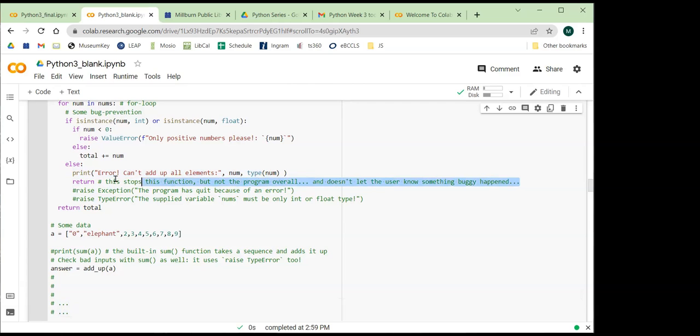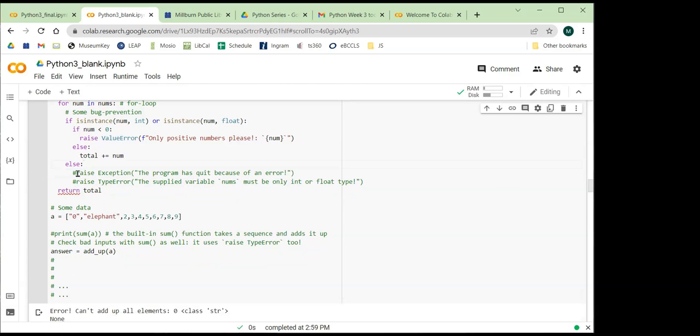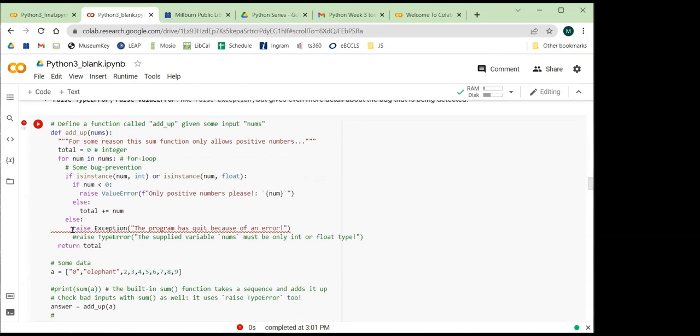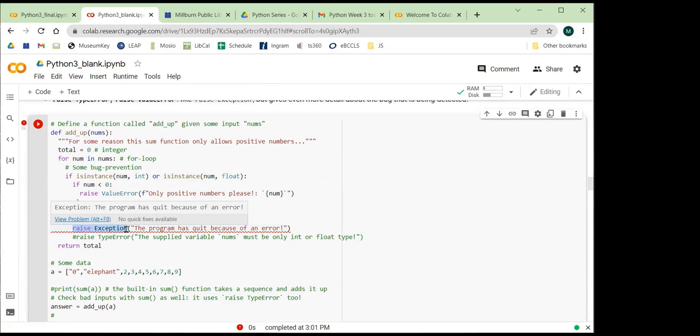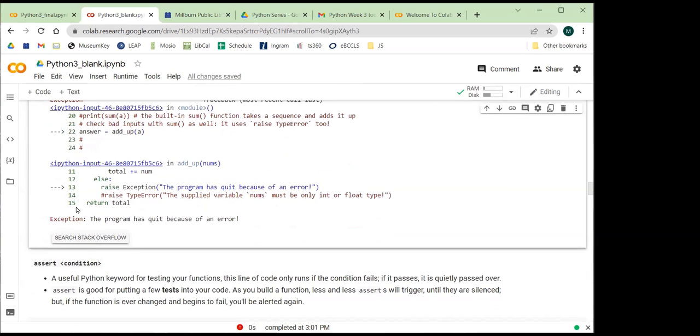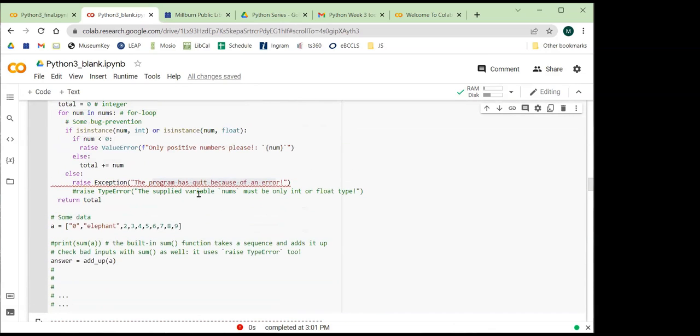So instead of just cutting the function and printing out a manual message, maybe we'll do something like this. We'll raise an exception instead. And we can see when I get to this point, what happens is the whole code quits, not just this loop, not just this function, but all of the code stops. And I get this message on my bug screen. So now I can manually put some piece of text on my screen. Right now I just say it quit because of some bug. I could put the specific line that it was at. I could say it expected an int if I want to help the people using this piece of code. So I could specify this message. So that's one way we could do it, and that's probably a safe way to do it. The second way, equally valid,